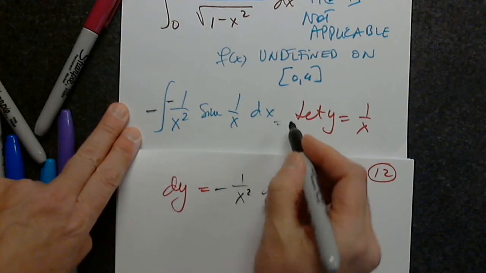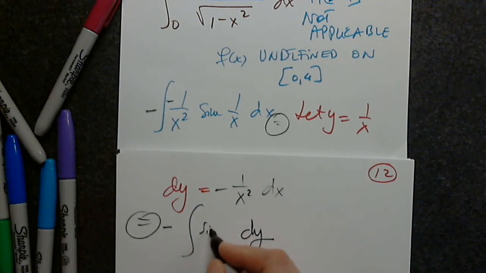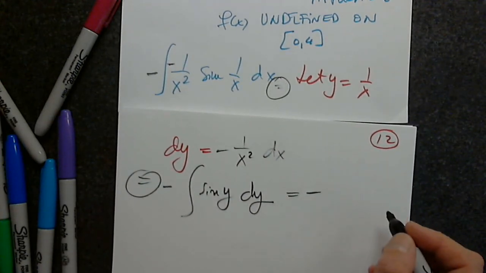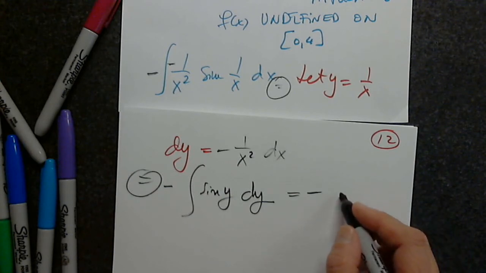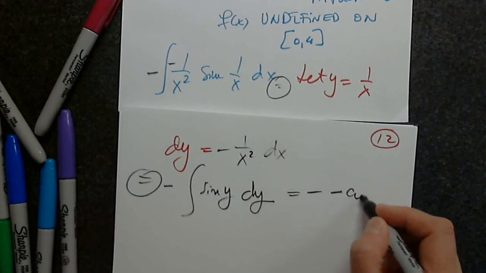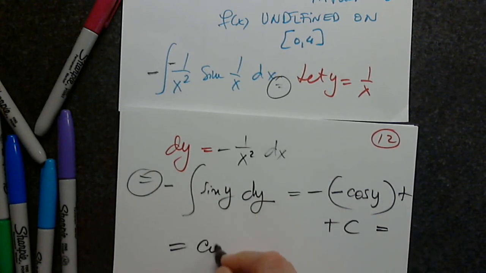So now let's change the whole thing into minus outside, and please tell me what you will write inside. You will write sine u. Yes, that's fine. He may have used u, that's fine too. Which function has derivative sine u or sine y? Cosine. But cosine prime is not sine y, but negative. Plus a constant c, which turns out to be positive. So I have cosine of 1 over x plus a constant c.